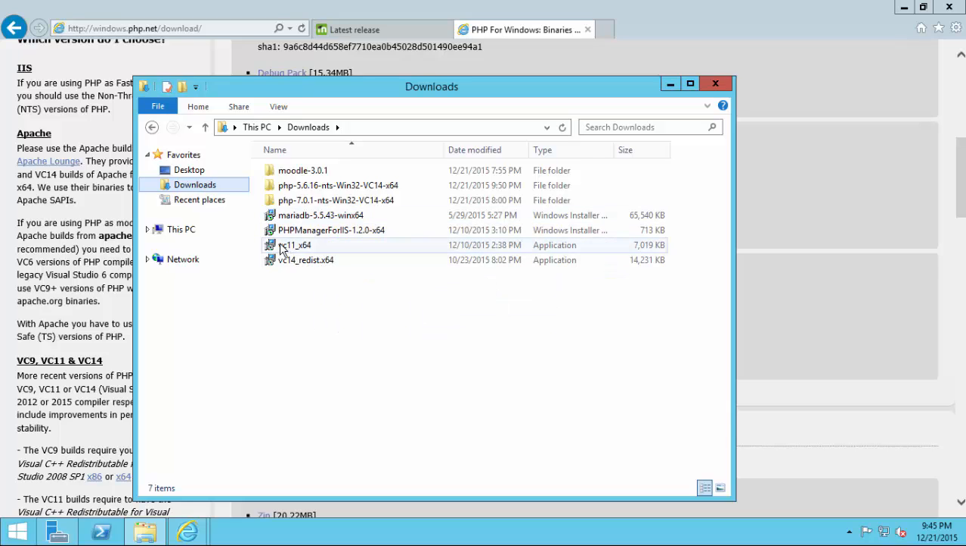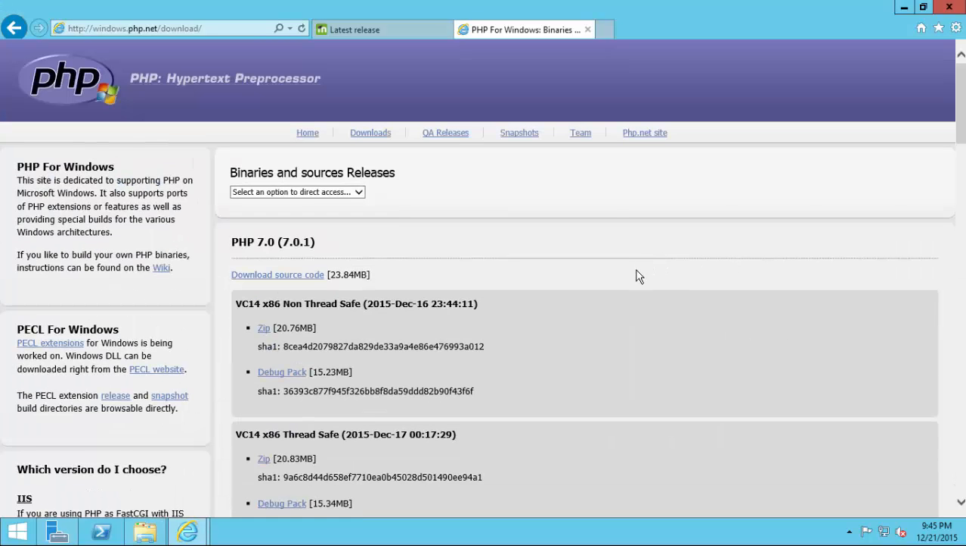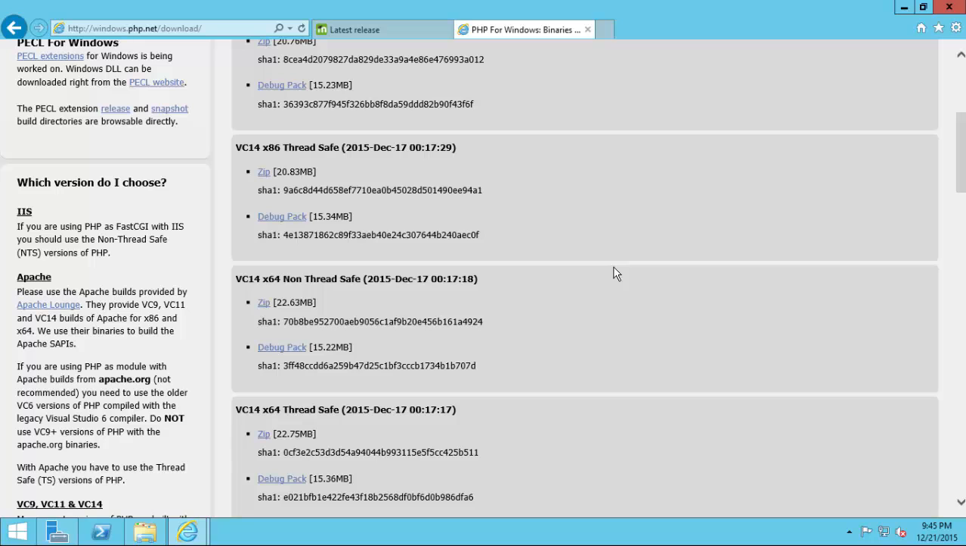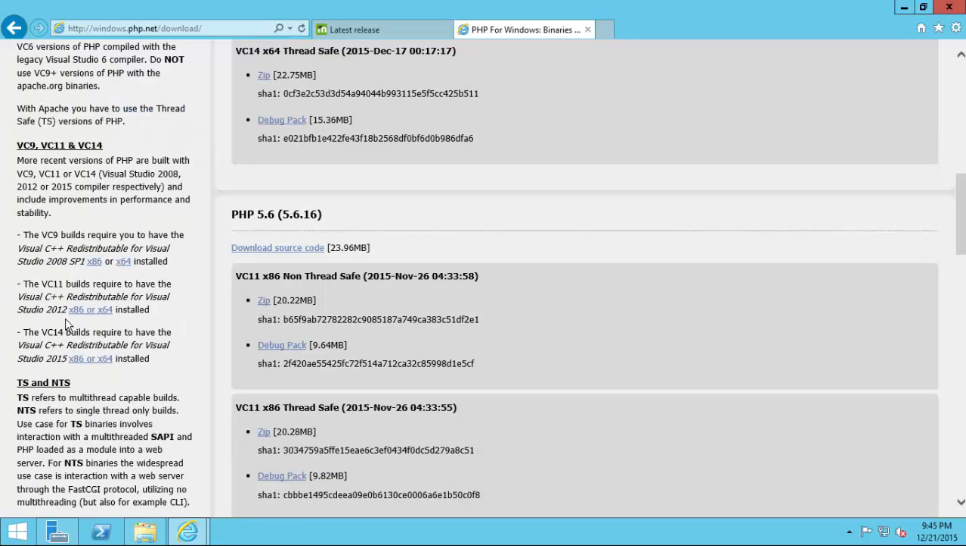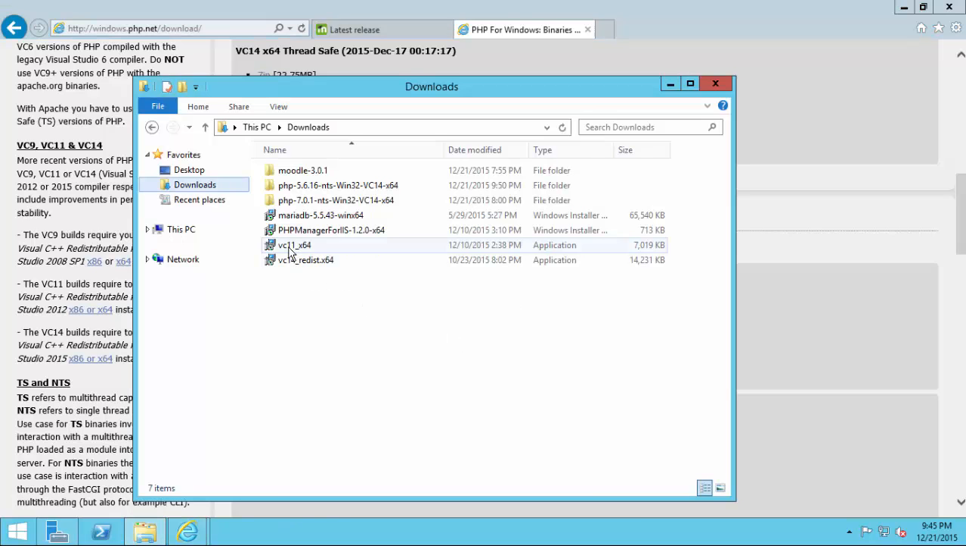In Downloads, I have VC11 64-bit and VC14 and Visual Studio 2015 64-bit, together with PHP 5.6.16 non-thread safe 64-bit and PHP 7.0.1 non-thread safe 64-bit. I've shown you where to download these, and also do not forget to download and install Visual Studio 2012 for PHP 5 and 2015 for PHP 7. So now I'm going to install the Visual Studios. For that I'm going to install Visual Studio